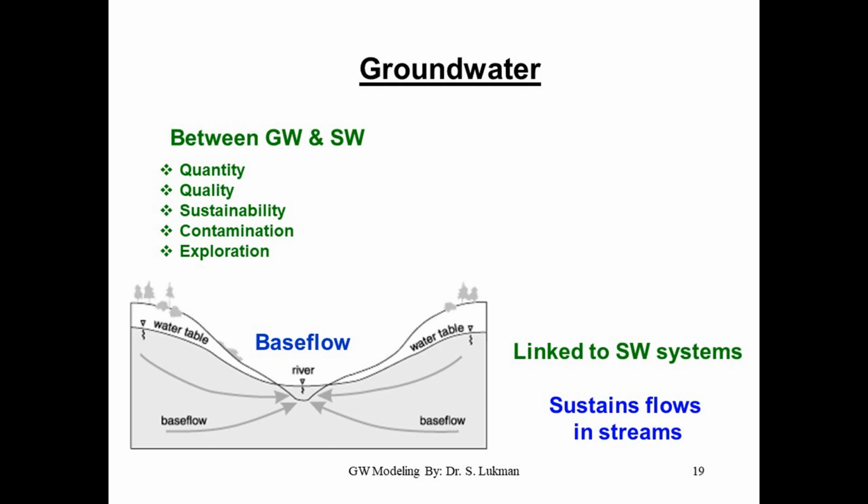So this is like the water table, and then because of this depression, it contributes. So here you have a flowing river, okay, which now links, you have a link between the surface water and the groundwater, and the groundwater now sustains the flow in streams, okay? In some instances it may not be this way, okay?